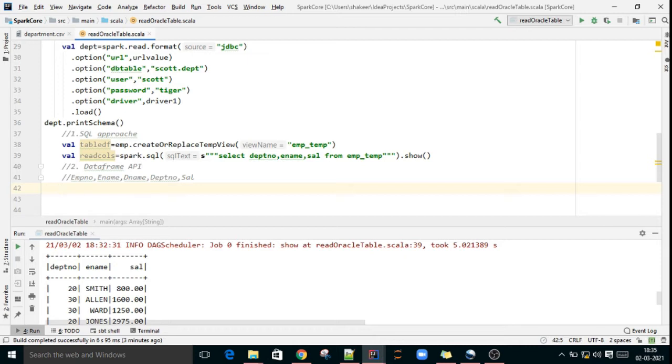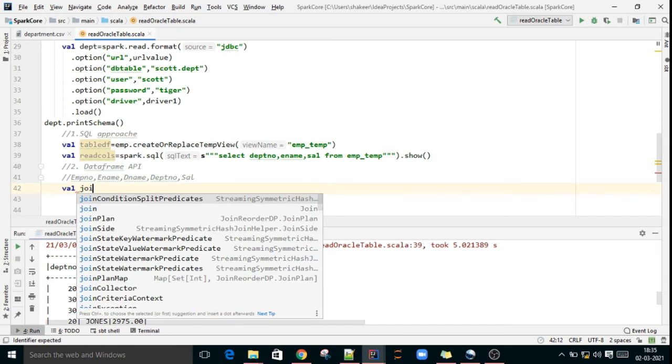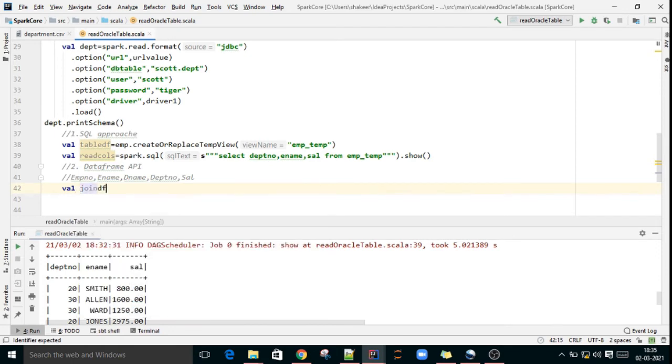So in the DataFrame API, how to do joins is: val joinDF equal to the first data frame.